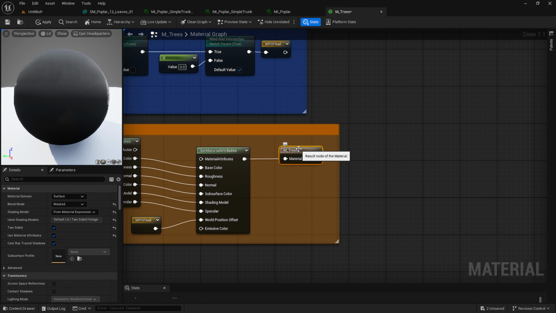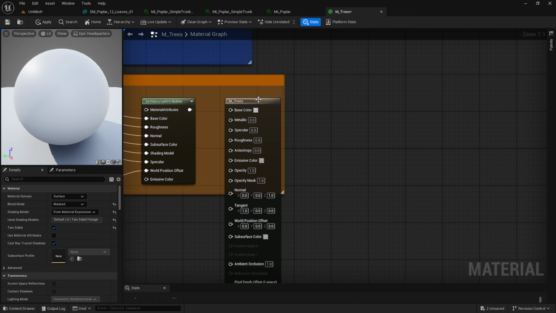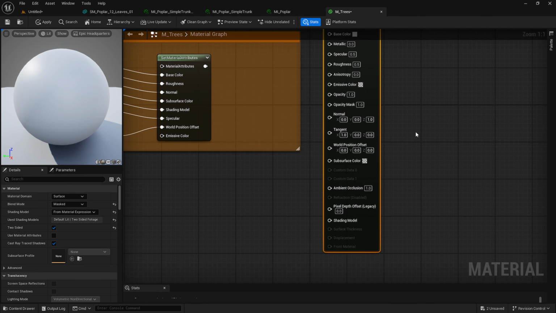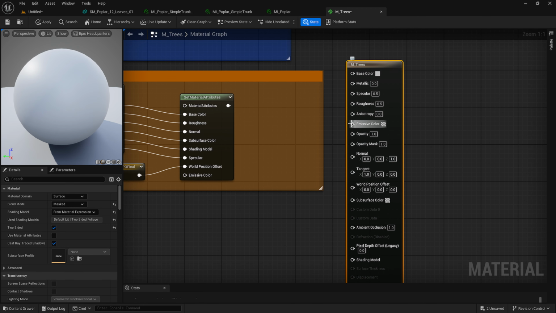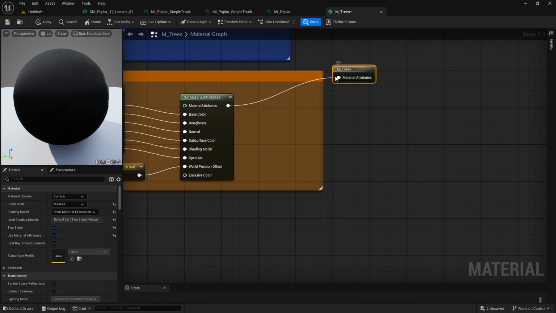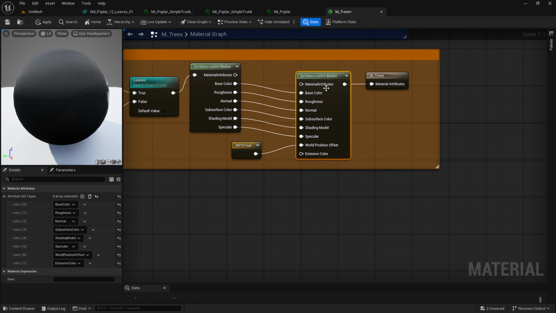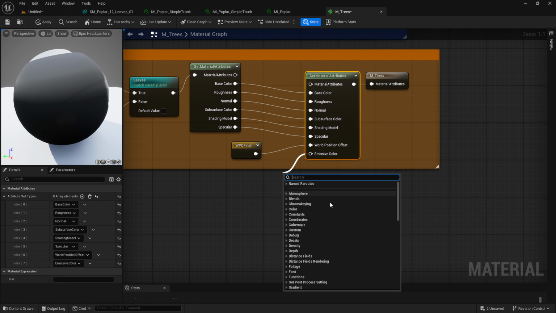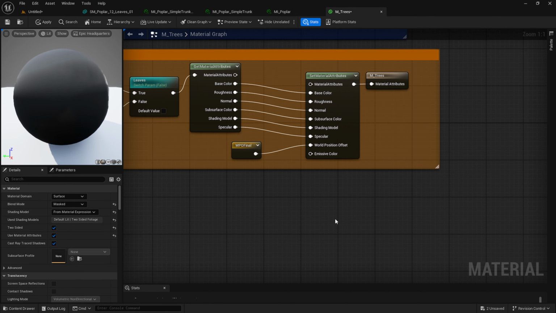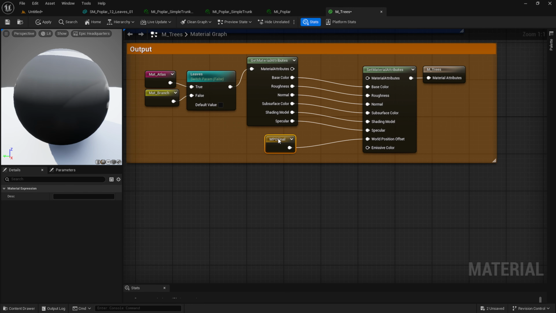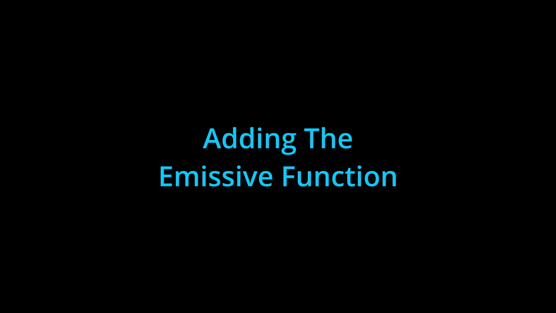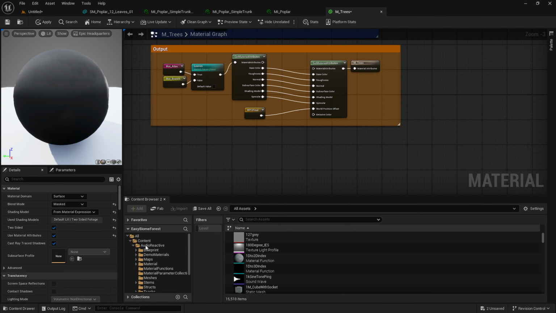Now most of the time, if you're working on just basic material setups, this will not be on, and you will just have your regular material with all your inputs, in which case we would just use our emissive color to install the function. But since attributes is turned on, that means that the attributes are coming from a set node. So we have a get, we have our set, and in our set we want to set a custom emission. And since this is a tree, it's not currently using any emission, so it works out perfectly for this case. So let's go ahead and pop open our content browser.